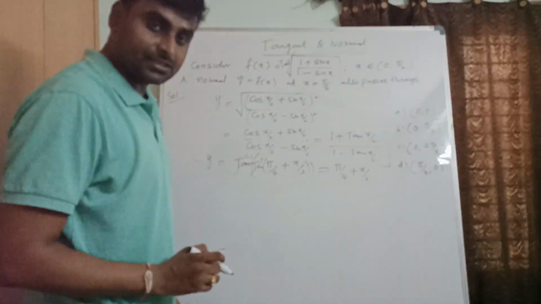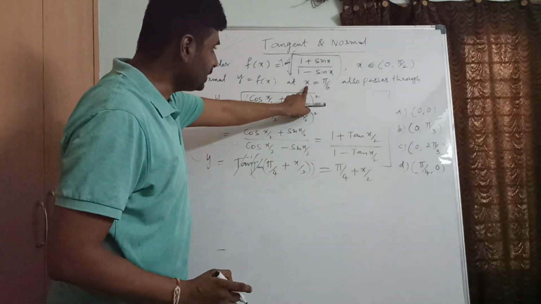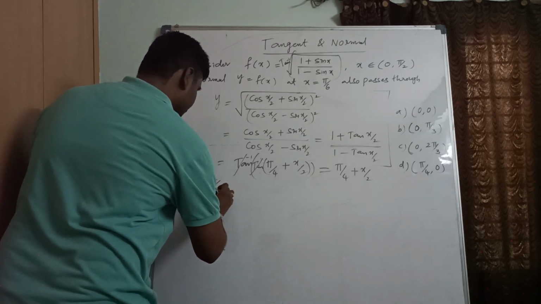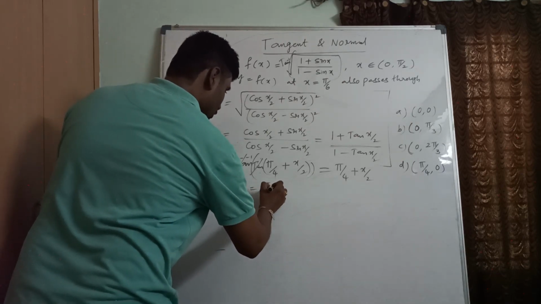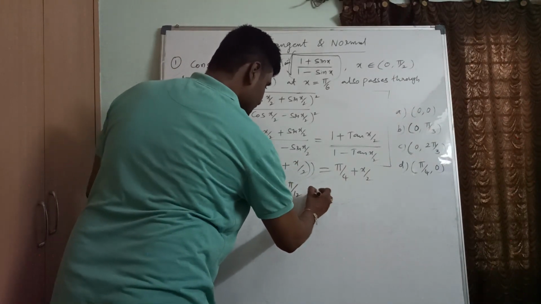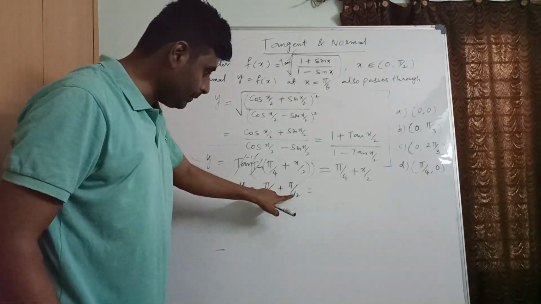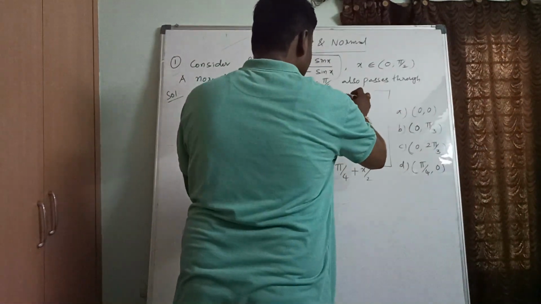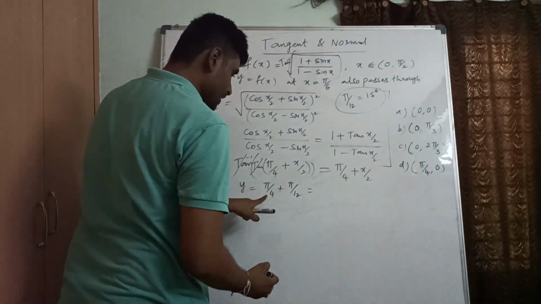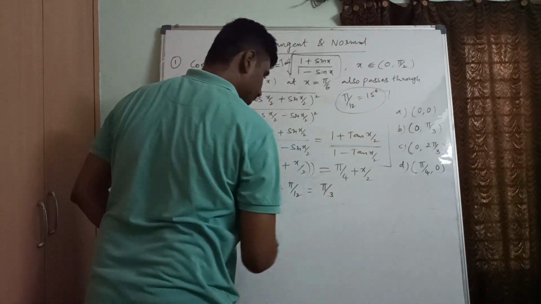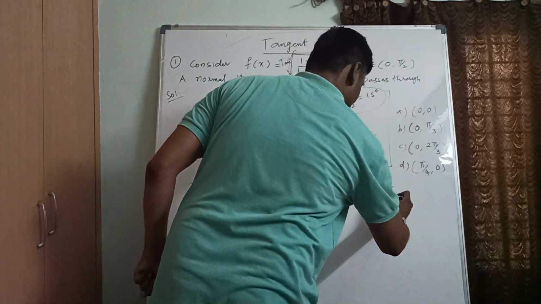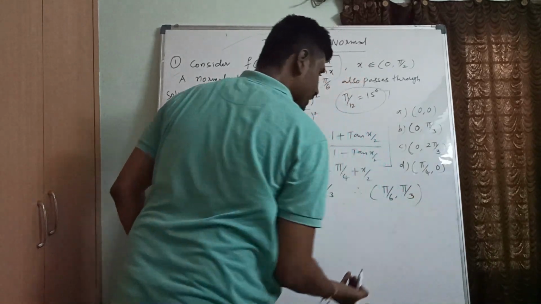After simplifying the function, we have to find the point of contact. So what is x equal to? π/6. Substitute x = π/6 there, so we will get the y value. See here, π/4 + (π/6)/2 = π/4 + π/12. So always remember π/4 is 45 degrees, π/12 is 15 degrees. Always remember π/12 is 15 degrees. 15 plus 45 is 60 degrees, that I can write as π/3. So now what is the point of contact here? Therefore (π/6, π/3) will be the point of contact. Okay?